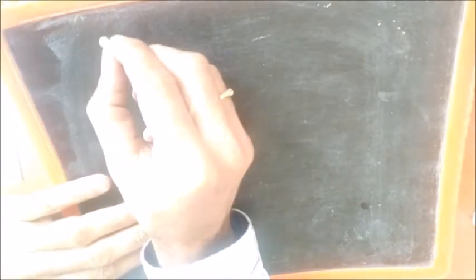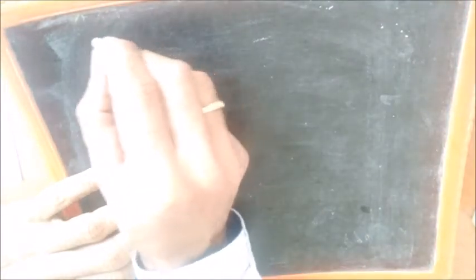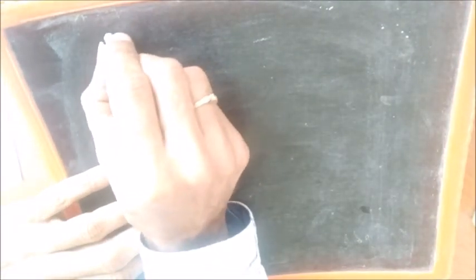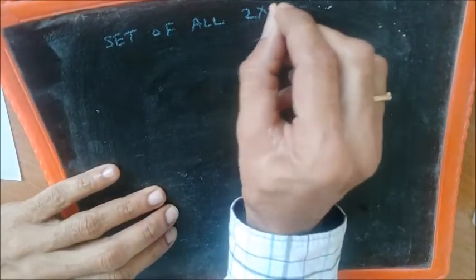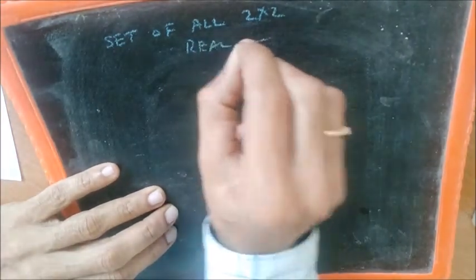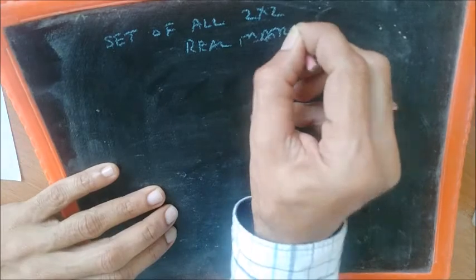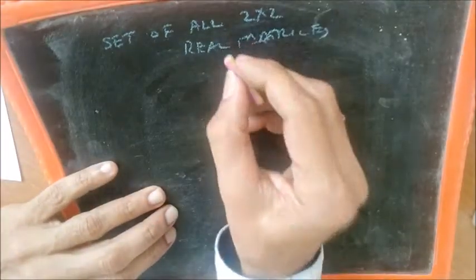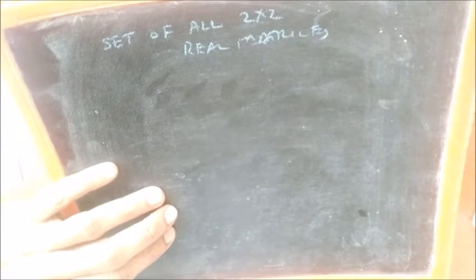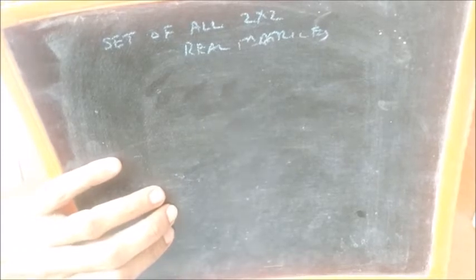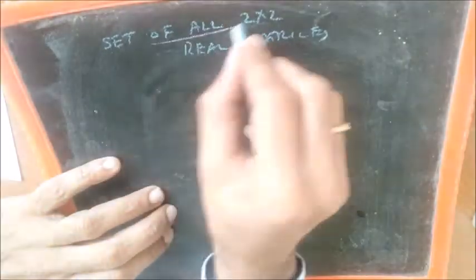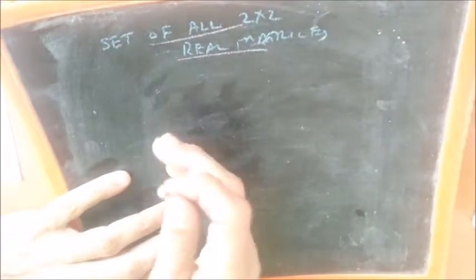Okay, we take up the next example now. We know that the set of all 2 cross 2 real matrices is a vector space because it satisfies all the conditions of vector space discussed in the previous videos, and I think we have seen this as an example there. So the set of all 2 by 2 real matrices is a vector space, and we'll try to find out a basis for this. Again, I will write down the answer because it's quite obvious.